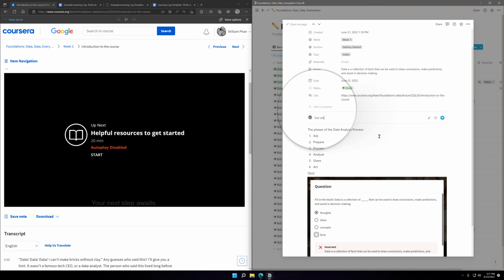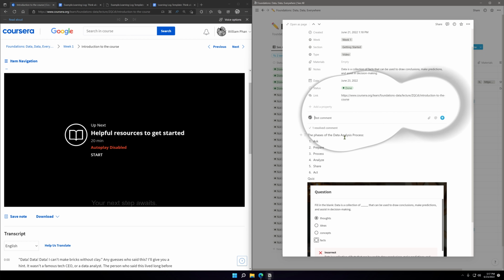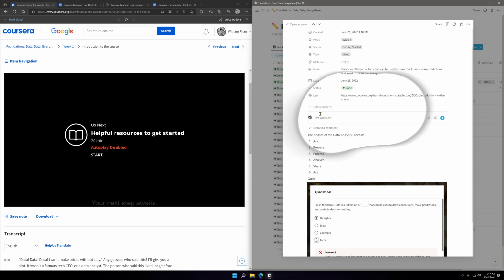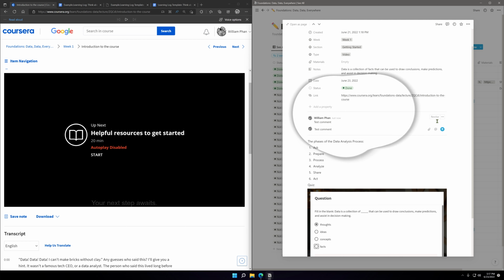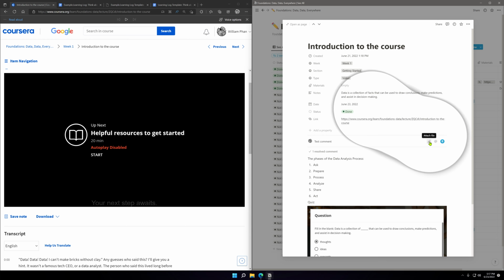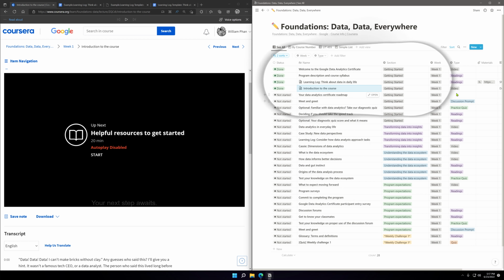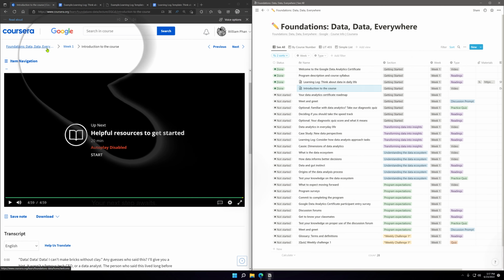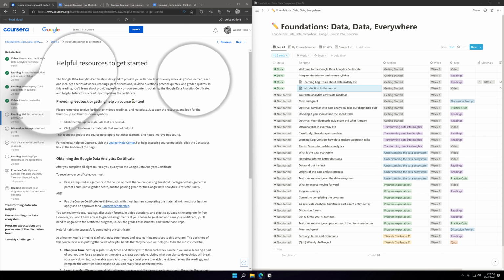Test comment. I want to see how this looks. It looks like that. Oh, there's a resolve button. What does that do? That resolves it. And I guess if it's resolved, it doesn't show anymore. And it's nice. There's an option to reopen it. And if I do that, it'll show. Cool. Nice. All right, moving on to the next.